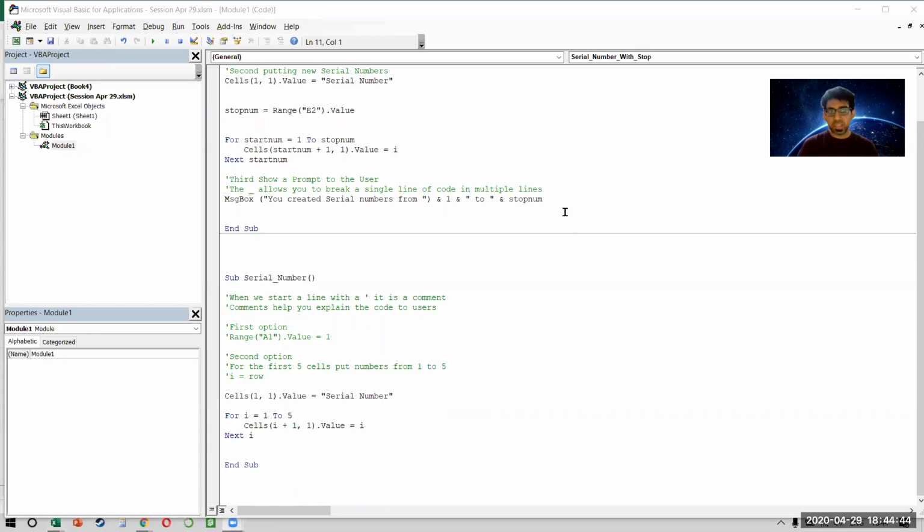See, VBA does seem, in the beginning, like I'm throwing so many different topics at you, and it seems, oh my God, it's getting so complicated and there are so many things happening. But you need to have some bit of patience. And I assure you that by the end of the 3rd day, for that matter, even at the end of today's session, you will start to get more comfortable with it. So don't worry. A lot of people feel, oh, I need to understand this 100%. It's a very, very big mistake if you make that.